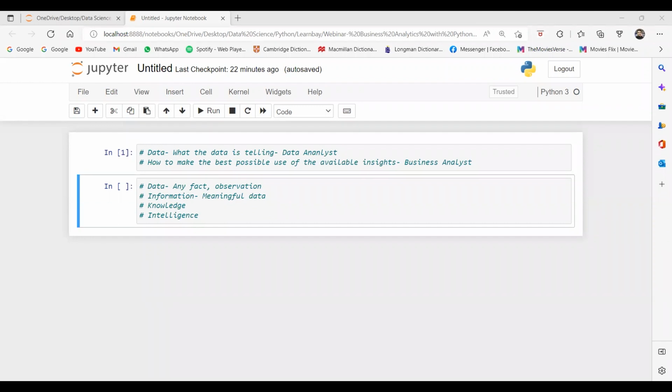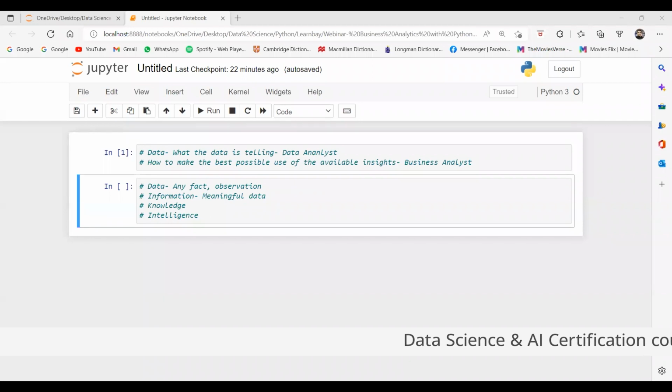Now say you have got some insights: the sales are declining in India, for example, for Netflix. So the data analyst will tell you that in India, Netflix sales are declining. That is the job of the data analyst. The data analyst won't tell what to do now. He doesn't know. Here is the job of a business analyst. He will try to find out the cause. What is the cause behind this? Why are the sales declining, and what can we do to reverse it and increase our sales?